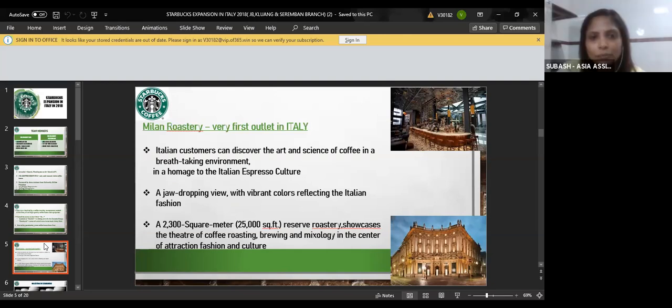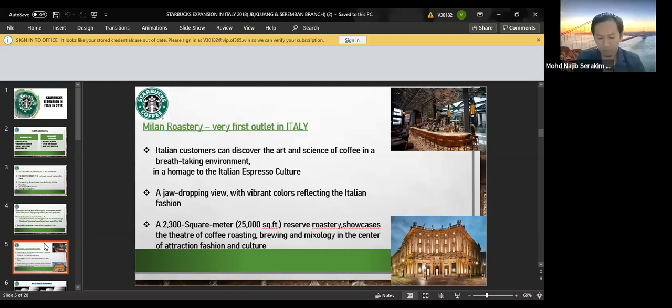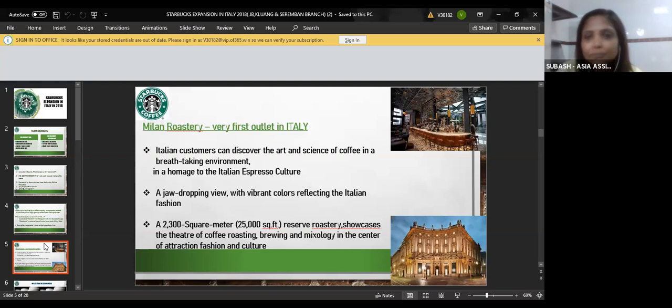They opened a roastery in Milan. It's an honor to the Italian espresso culture, inspired by Howard Schultz, the CEO, to create a coffee experience. It has a 2,300 square meter reserve roastery that exhibits the theater of coffee roasting, brewing, and mixing in the center of fashion and culture of